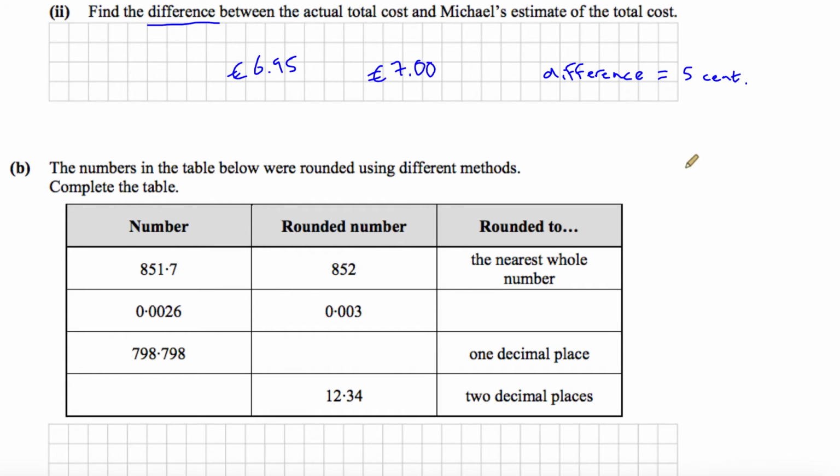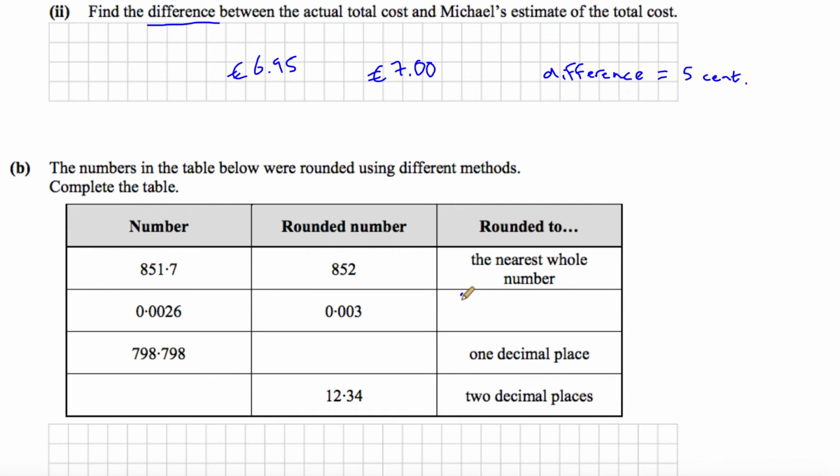Part B says the numbers in the table below were rounded using different methods. Complete the table. So we can see here 851.7. If we round that to 852, that means we rounded to the nearest whole number. So we need to fill in the missing blanks here. Okay, so the number 0.0026, if that is rounded to 0.003, well, what did we round to? Well, if there's 1, 2, 3 digits after the decimal, that means we rounded to